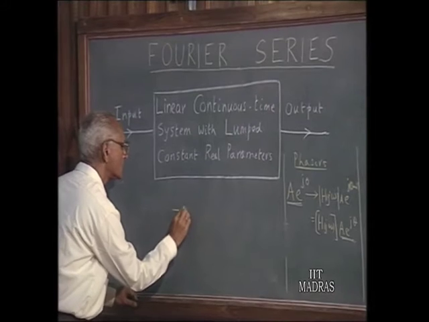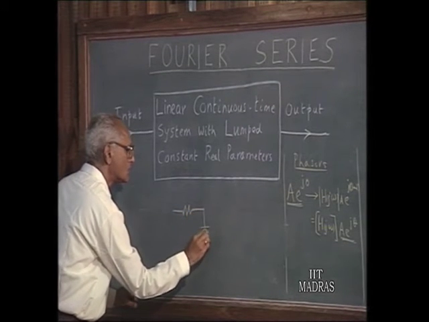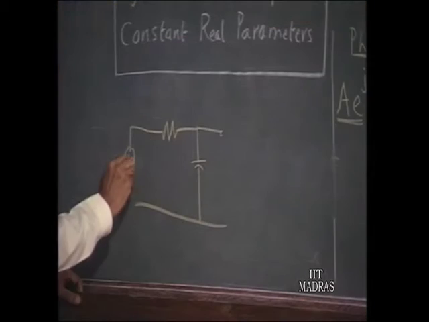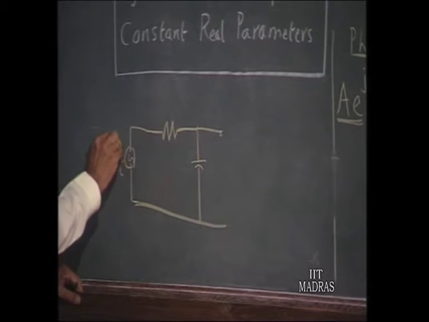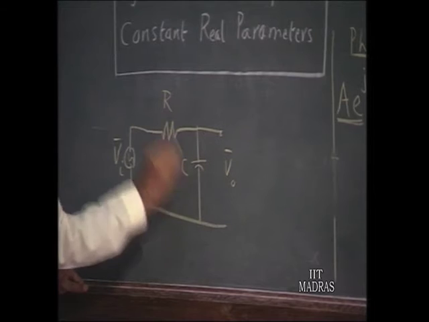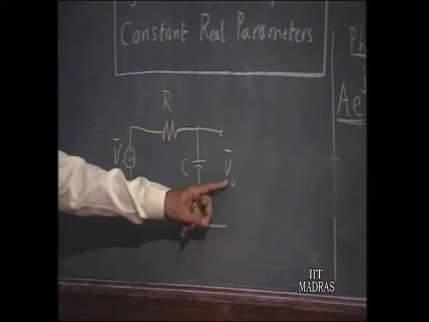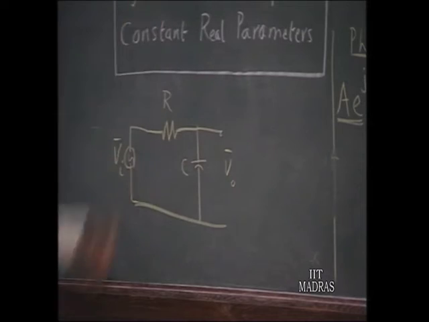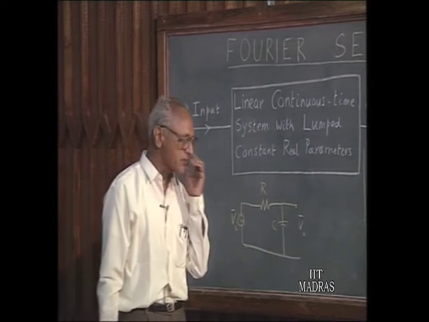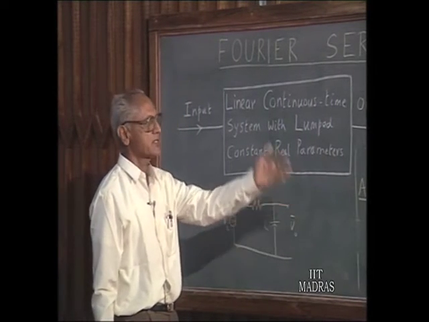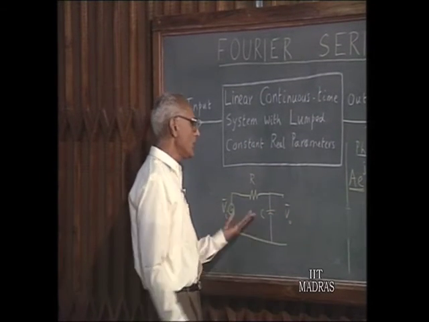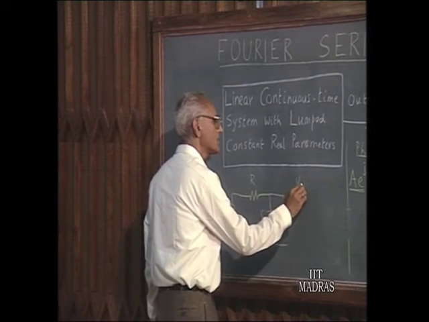Suppose I have a simple circuit like this, and a sinusoidal input, and this is the output, whose phasor is this, RC. Now, if this is taken as the output of the system, suppose we identify this with this system and take this as the output and take this as the input, and you would like to find out the system function H of j omega in this. After all, H of s is a system function, H of j omega is also a system function when s equals j omega. So, all we have to do is take the ratio of the phasors V0 to Vi